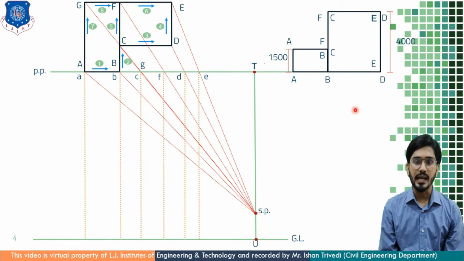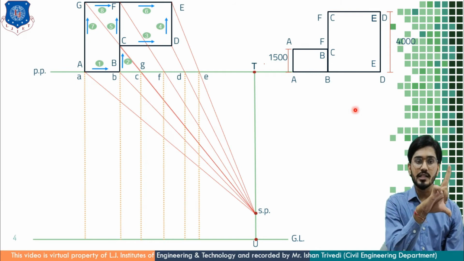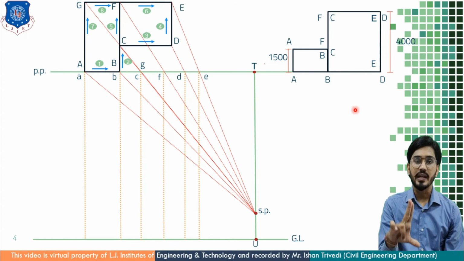Now draw the parallel line from this intercept to the ground line. You have to touch this parallel line. Now how can you draw this parallel line? You can put your roller scale at the T to U line, and from there you just put up all those parallel lines. Try to achieve that all those lines are parallel to each other, like A line, B line, C line, D line and E line.